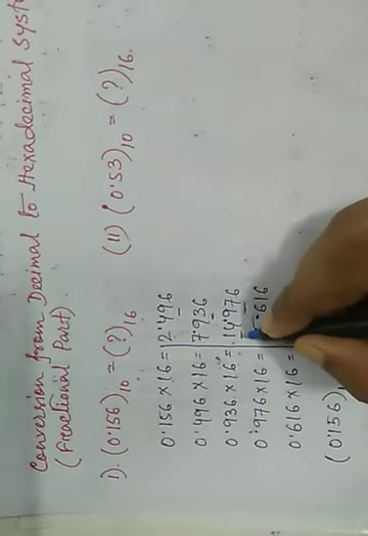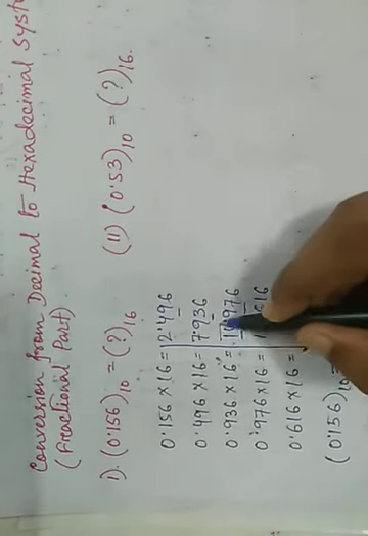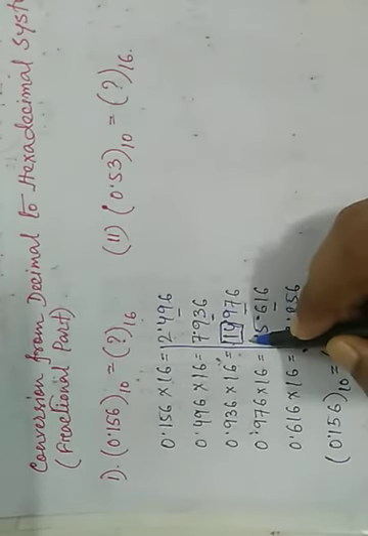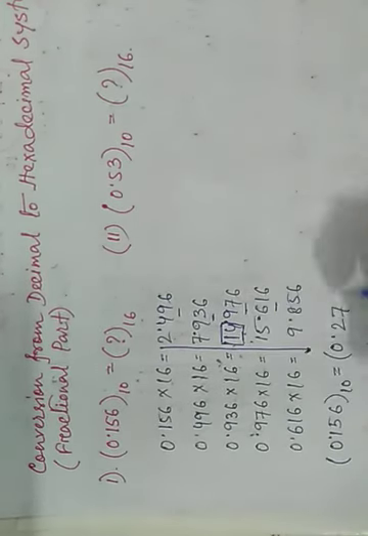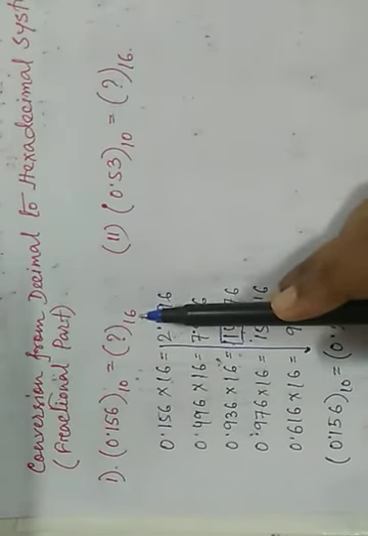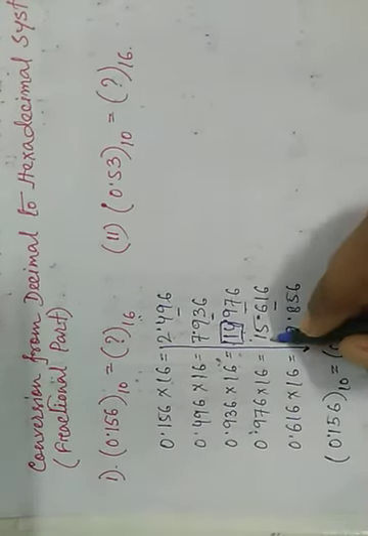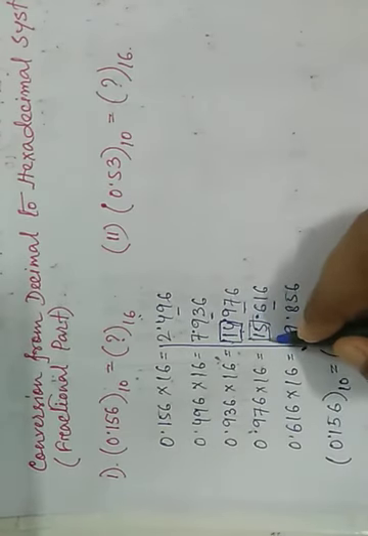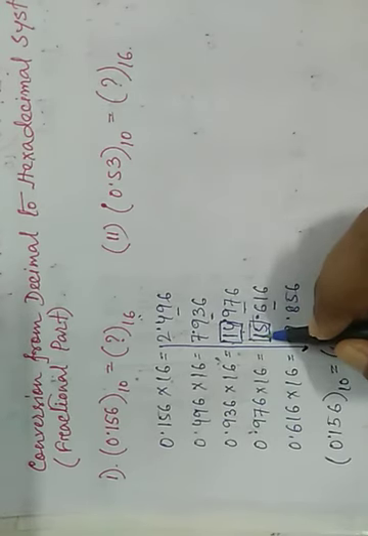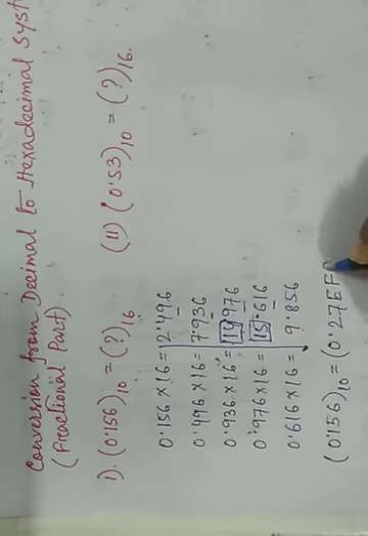Here you see, here it is 14, but as this is in hexadecimal places, 14 is a single digit. Keep in mind, for the hexadecimal system, 14 is a single digit. So instead of 14, as it is base 16, that means hexadecimal places, we have to write E. Again, it is 15. So in hexadecimal places, 15 is a single digit. So in order to denote the single digit, instead of 15 we have to write F, and then 9.